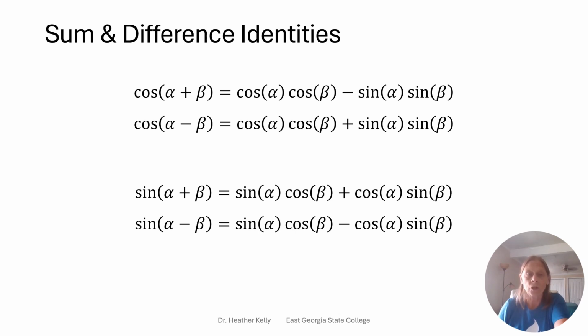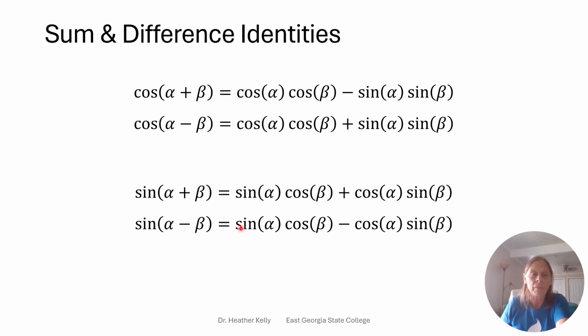A couple of things to note here for the cosine. You can see that we have the cosine of the sum of two angles, alpha and beta being two different angles, and it turns into the cosine of alpha times the cosine of beta minus the sine of alpha sine of beta. So it's two cosines together and then the two sines together with the alternating angles. And when you do the cosine of the difference, it is plus here,